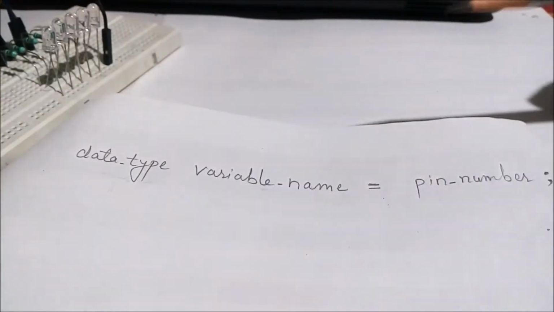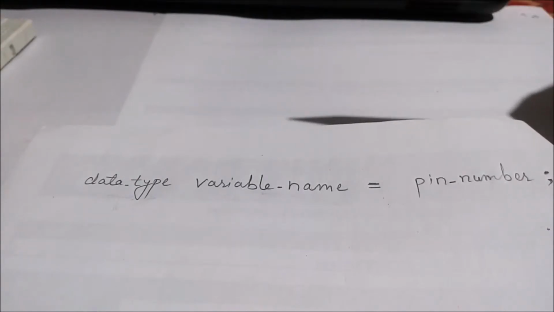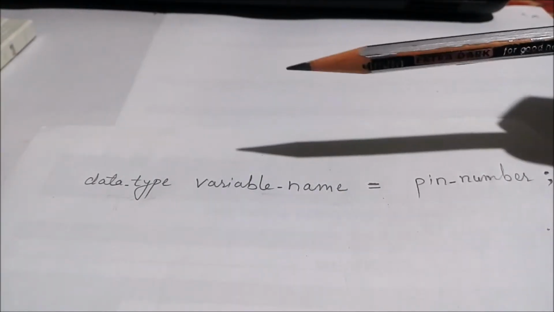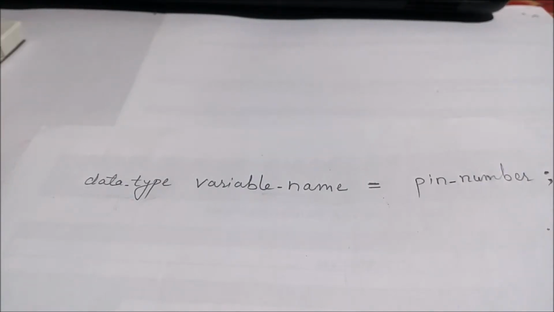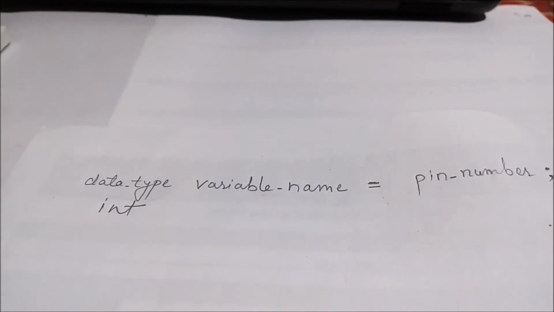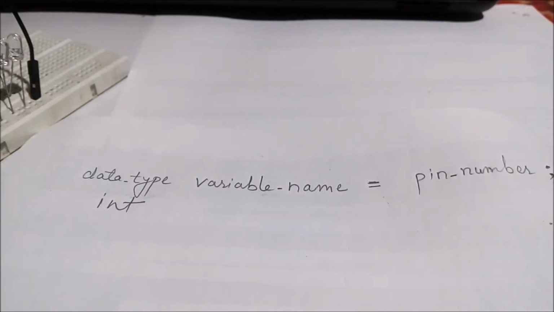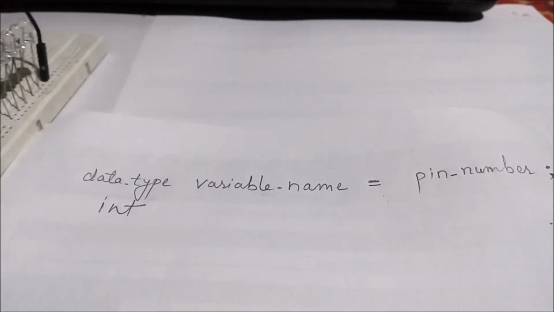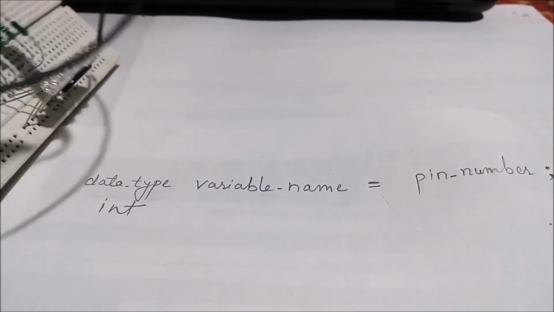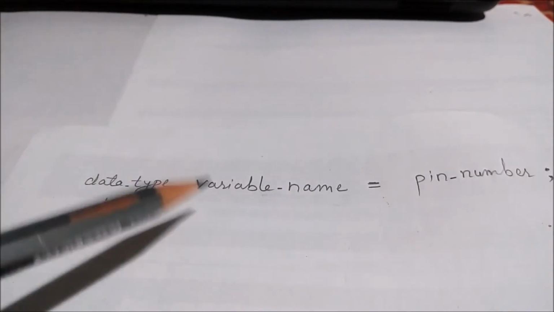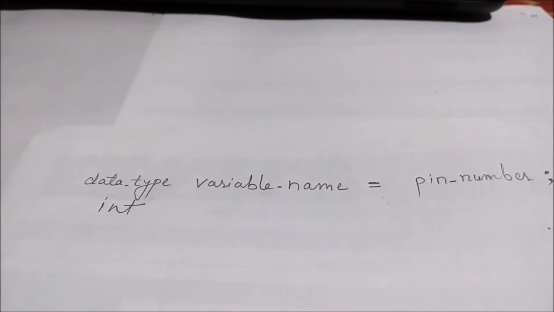The data type of 8 is integer. In short, it will be int, and for the variable name, as pin number 8 is connected to the first LED, I'm going to put the name as